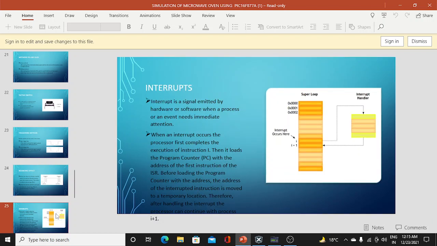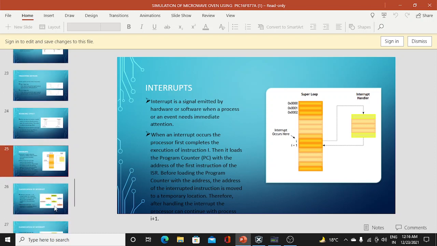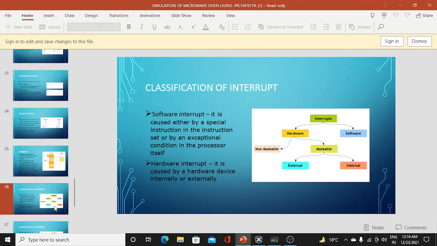Interrupts. If we have a main program, there will be an interrupt, because we need some delay. That's why we are introducing interrupts. An interrupt can be a software interrupt or a hardware interrupt. A software interrupt is caused either by a special instruction in the instruction set or by an exceptional condition in the processor.